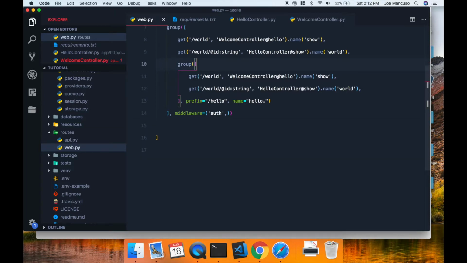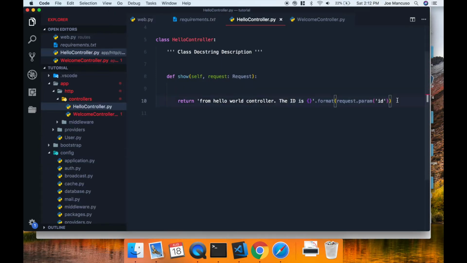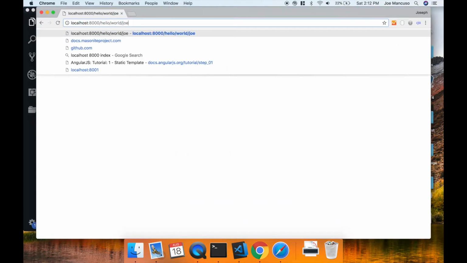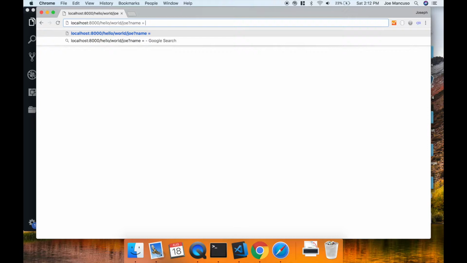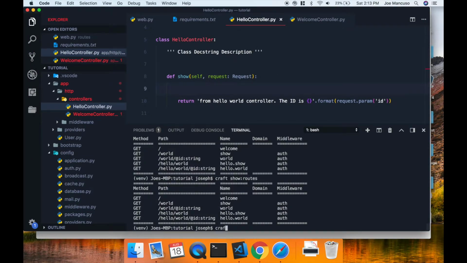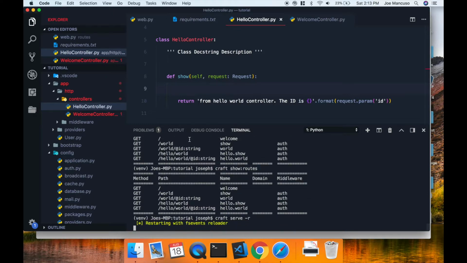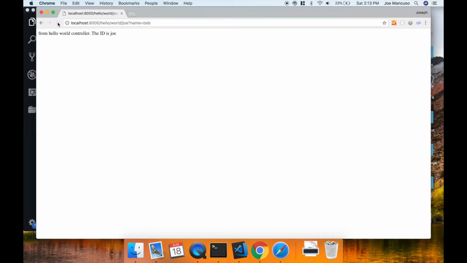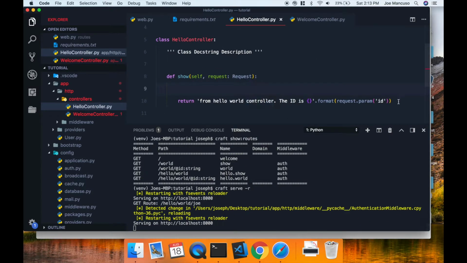So if we go back to our controllers now, we might need to get some kind of input. So let's say we have hello world, and let's say name is equal to Bob. And we just have to make sure our server's running. All right, so this hits, but we're not actually getting this input at all. So this might be form inputs or anything else. To get that, we can say input is